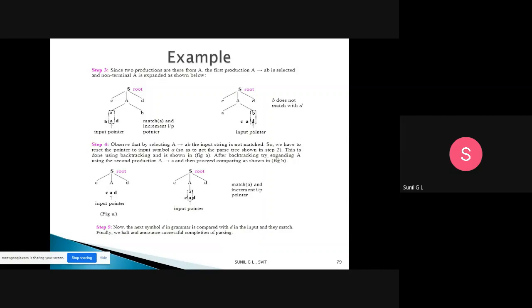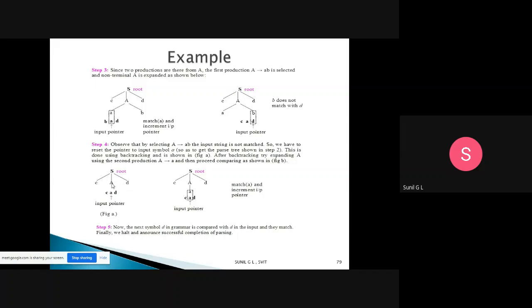After backtracking, try to expand A using the second production, A tends to small a.